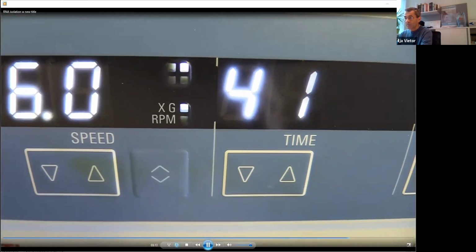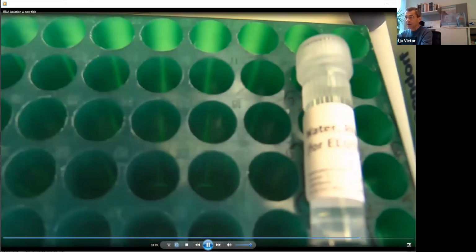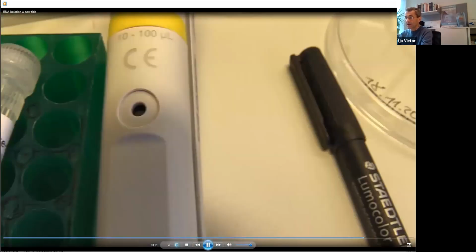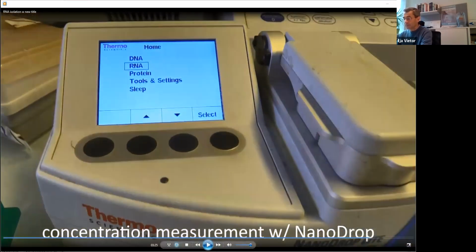Centrifugation is repeated either once or twice, depending on the yield. If it's repeated twice, the yield is slightly higher. The second elution is with a smaller volume, and you collect all the material which was eluted. And then comes the important step, and that is the determination of, on one hand, the quality, and on the other, the